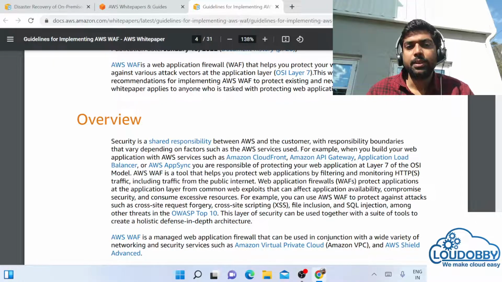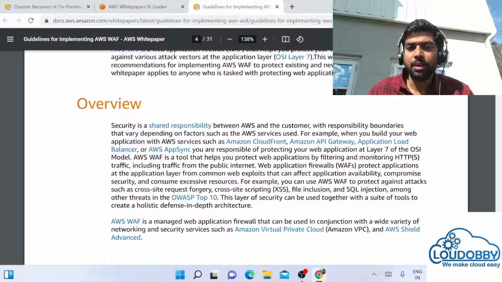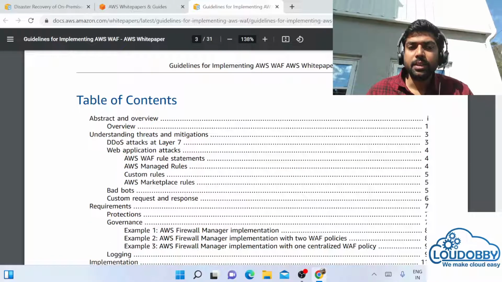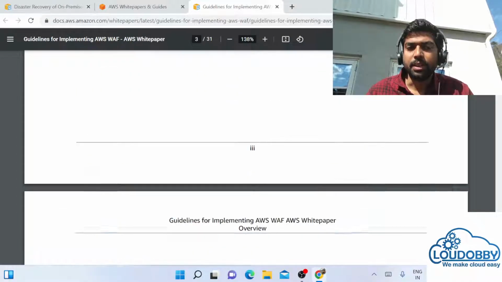And there is a standard called OWASP Top 10. OWASP is the Open Web Application Security Project, like a security standard. OWASP itself is a separate topic, but this is a standard which we need to maintain. And AWS built this WAF based on the OWASP framework or OWASP guidelines. So that's pretty good. If you see that, sorry, I have dragged it, but it's fine.